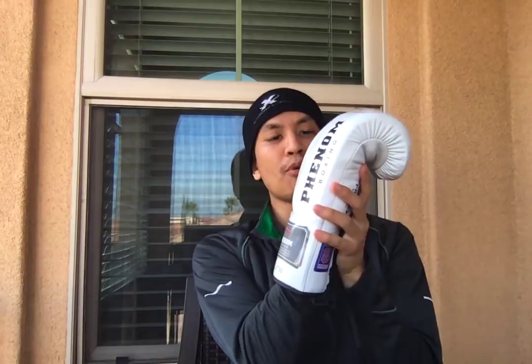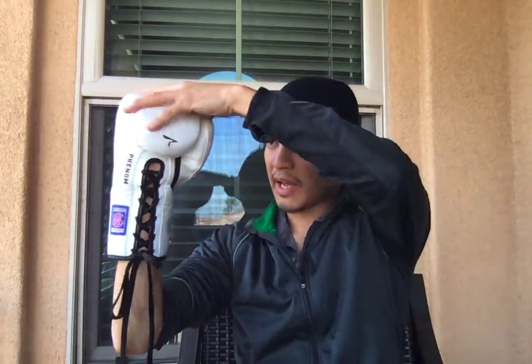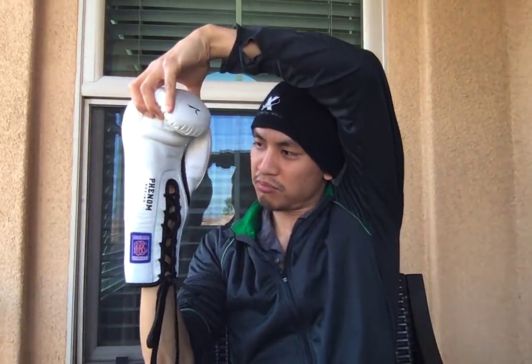If I put my hand all the way in, the gloves are fully protective on my knuckles. Now, if I pull my hand out 1 inch, just a little bit, so you see where the heel of my hand is. I need to do this right now so you guys can see. So with my hands all the way in, I'm gonna pull it out just like 1.5 inches. The moment I do this,